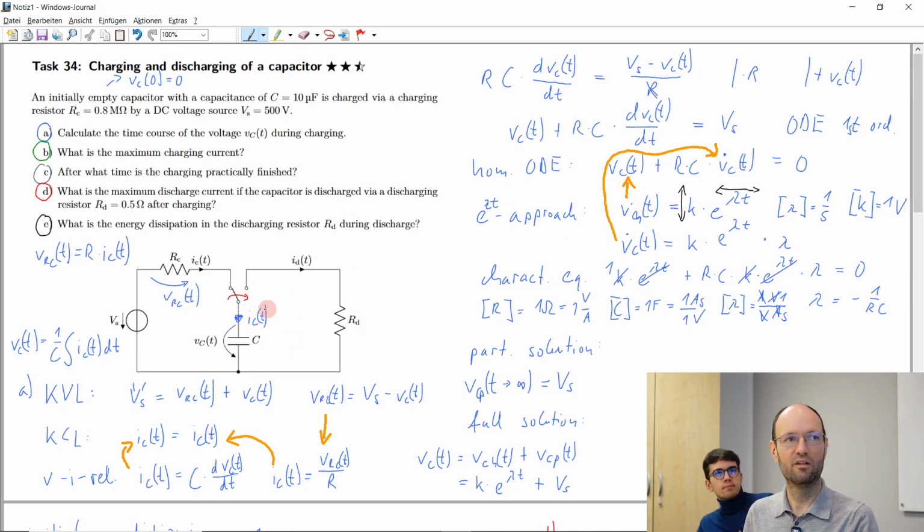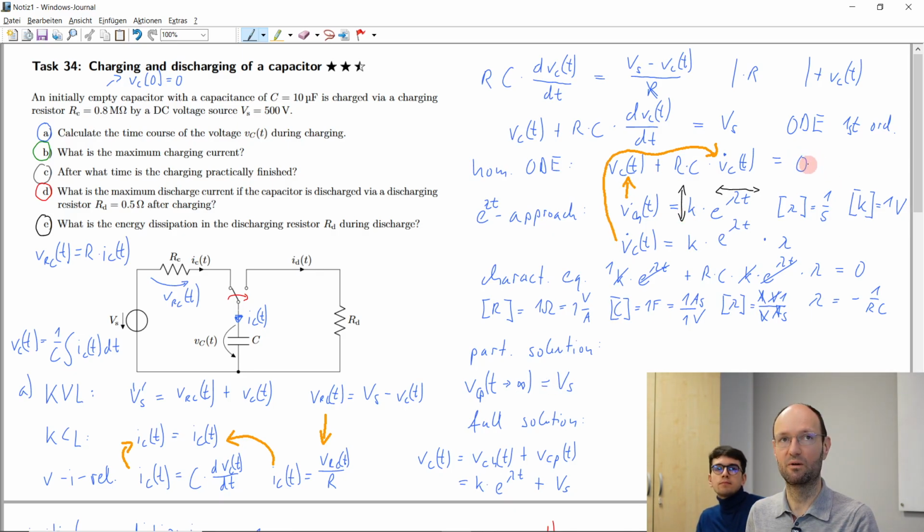And so if we do discharging, we more or less have the very same equation. So the voltage drop across the capacitor must be the same as the voltage drop across the resistor. And so we have the same differential equation, we have the same approach, but